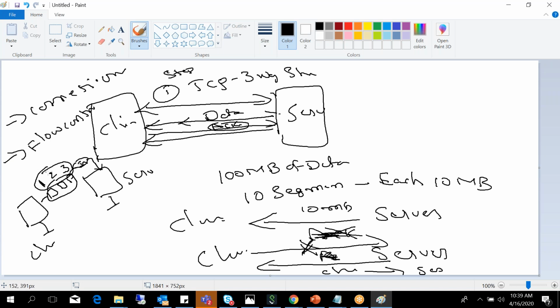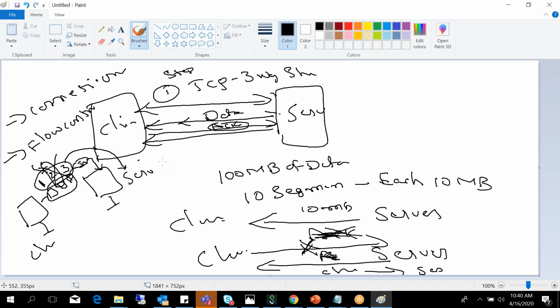What happens is, these segments or packets are received by the server, but in between one packet has been dropped somewhere in the internet, due to some issue or error.